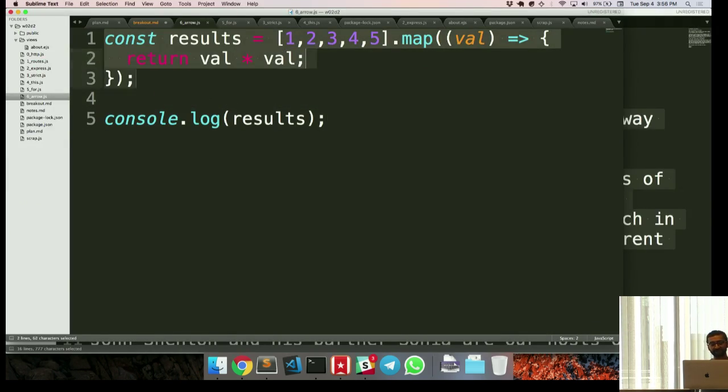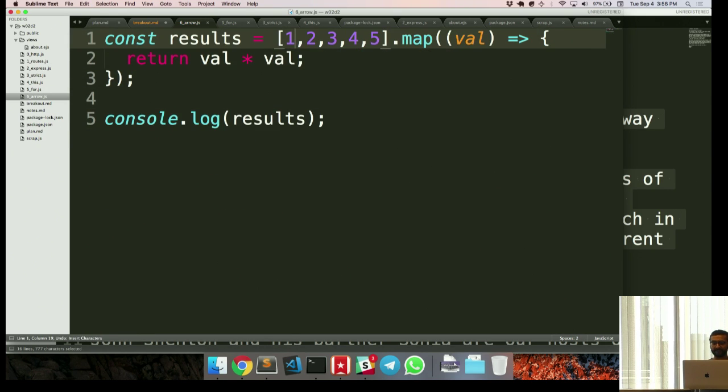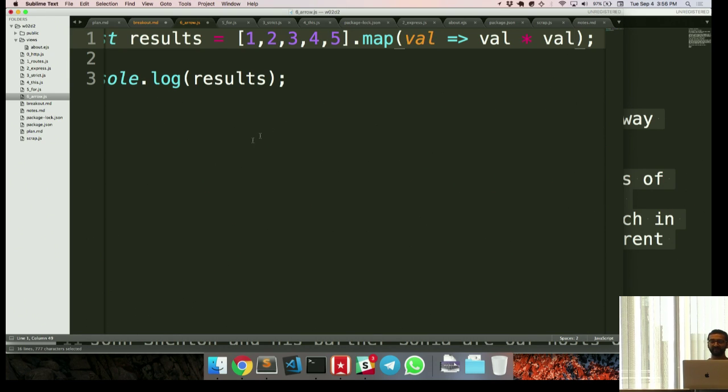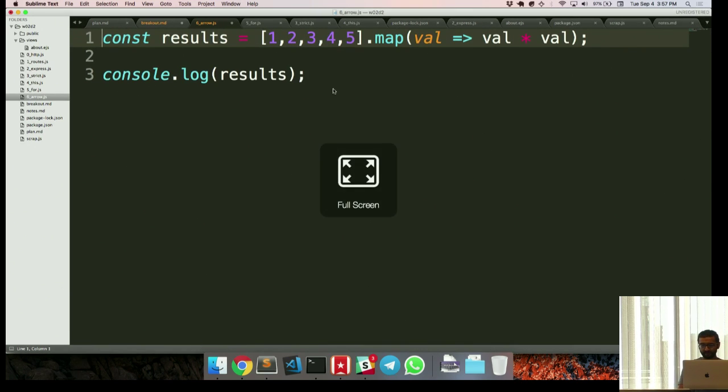And taking it a step further in JavaScript, you can go even simpler. If it's something as simple as a one-line arrow function, you can eliminate the parentheses, the curly brackets, and the return. And you end up with a very simple inline one-liner function, which is sometimes the case. You're doing some simple operation over a bunch of values. That's one line. I know it's not showing up completely, so I'm just going to bring it in here. There we go.